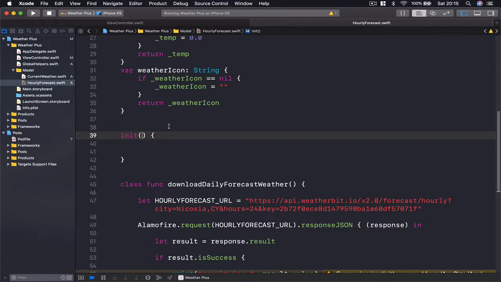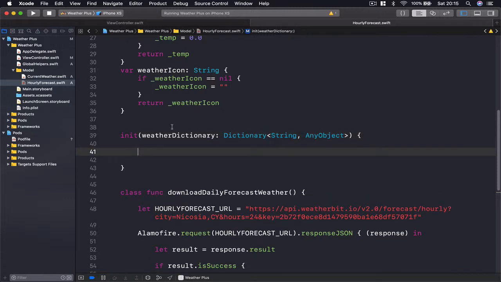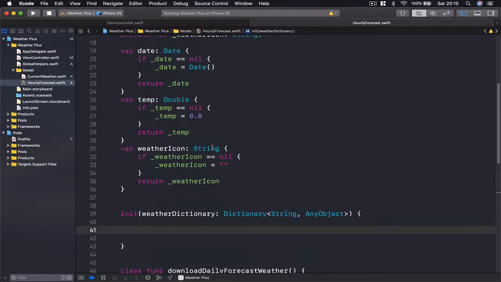So let's give this weather dictionary, and this is going to be a dictionary which is going to hold string as key and any object as value. Right, so whenever our initializer is called and it receives this dictionary here, we're going to use this in order to set our three